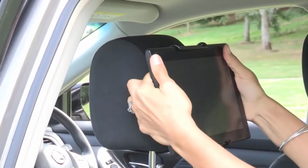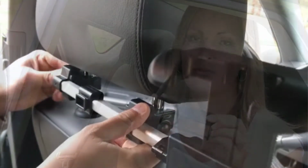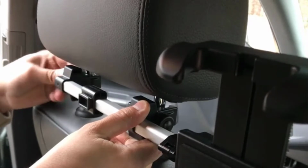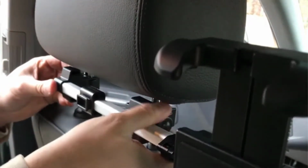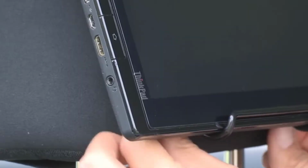A great way to add some distraction to the back seat is with an iPad mount for your car. It makes sense to install an iPad holder in your vehicle. You probably already own a tablet of some variety, and if you have kids, they're probably already using it extensively. You use the tablet you already own to make your car a more entertaining place for passengers of all ages